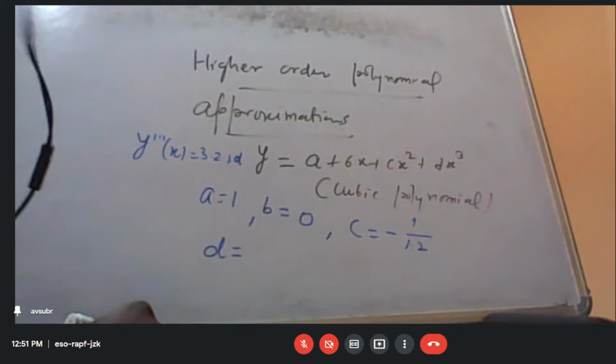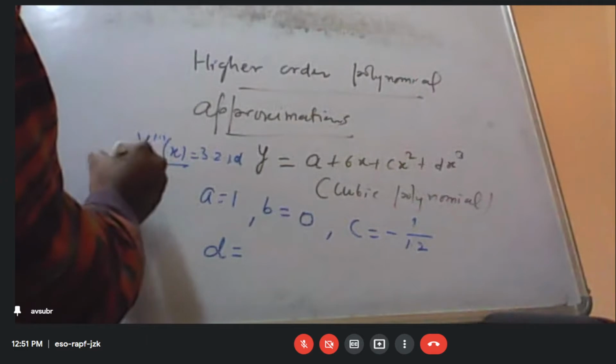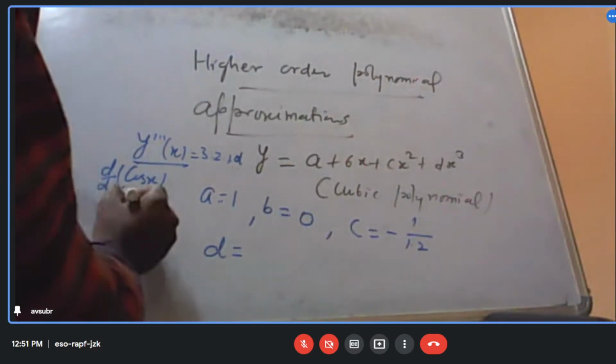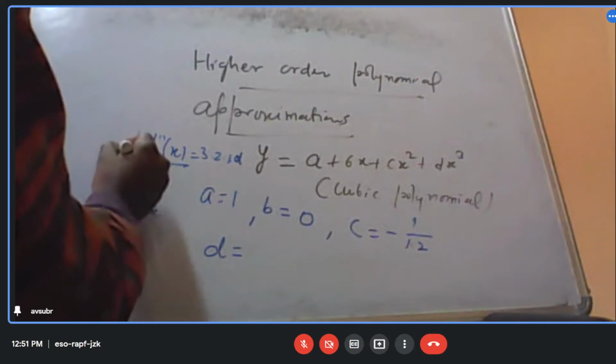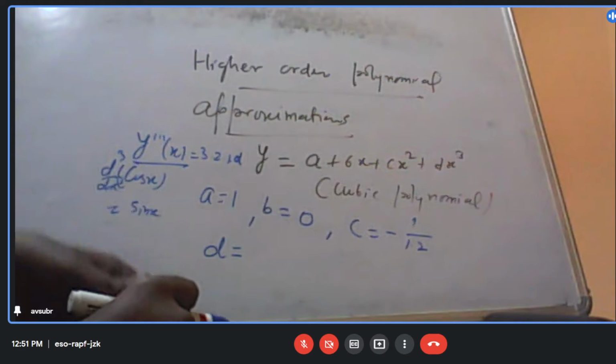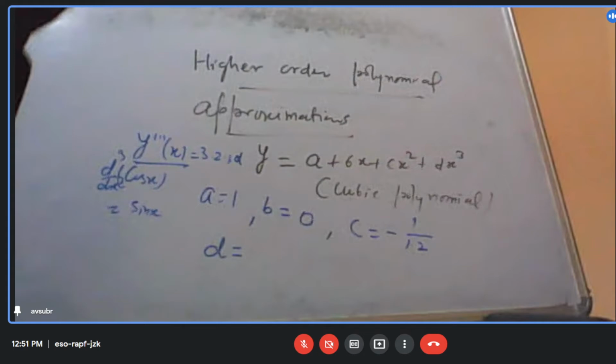So 1 by 2, and this is the third derivative of this one. The third derivative of cos x will be sin x, right? So sin 0 is